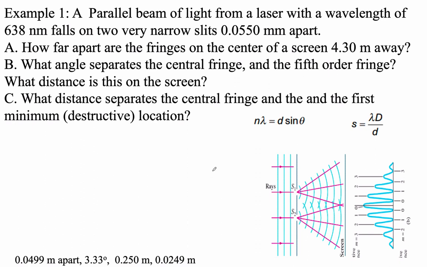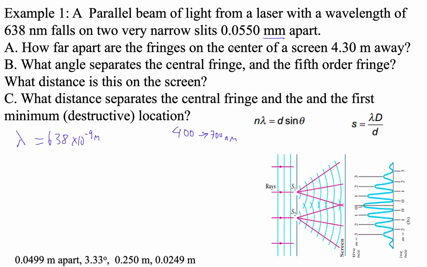Okay, example 1. A parallel beam of light from a laser with a wavelength of 638 nanometers. So our wavelength is 638 times 10 to the minus 9th meters. Now, visible light, by the way, is from 400 to about 700 nanometers. Okay, let's see. Falls on two very narrow slits that are